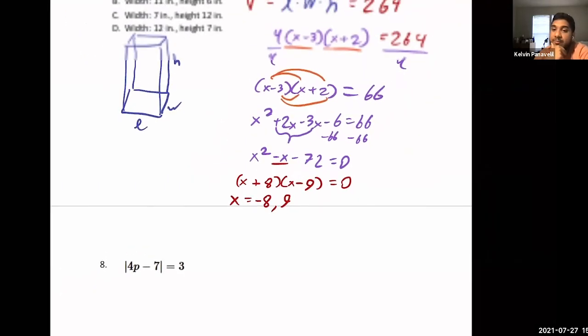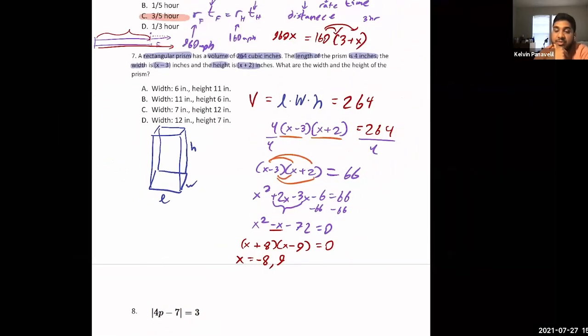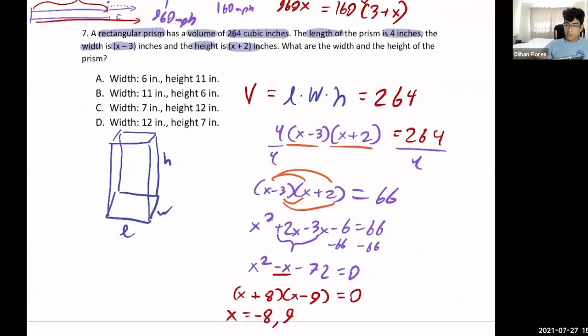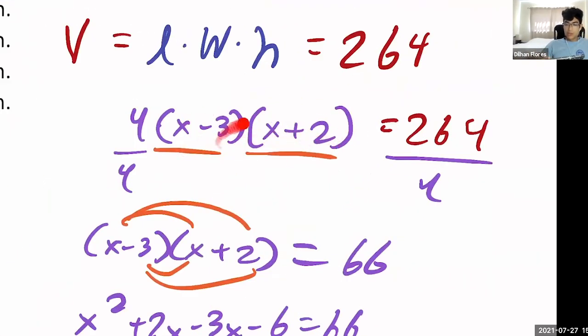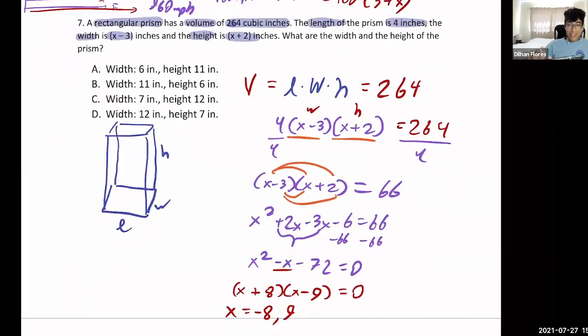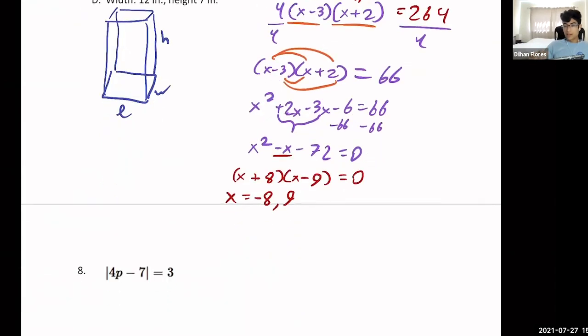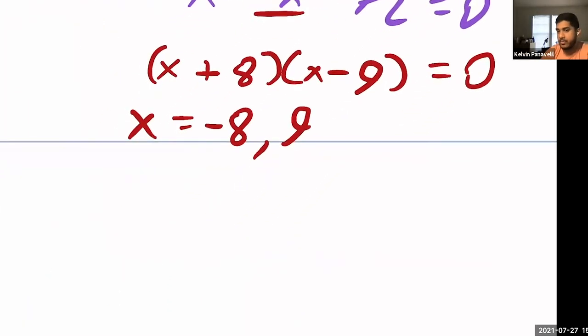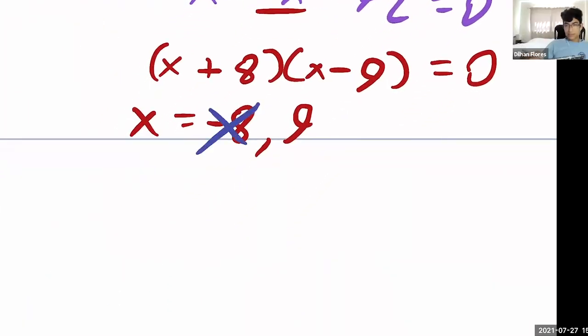But which is the only number that we can use to represent x logically? Remember that we are going to plug x back into these equations, right? So this right here, this is our width and this is our height. These are distances. So there's no such thing as a negative distance. There's no such thing as negative 30 miles. All right. So the negative 8 just does not make sense. All right. That's an extraneous solution.